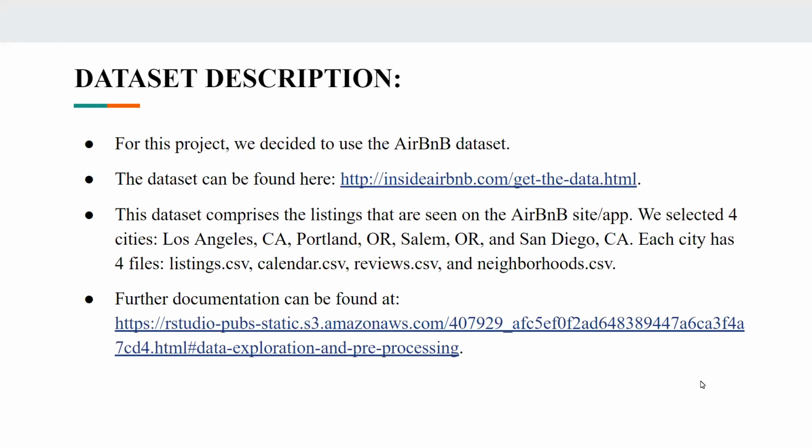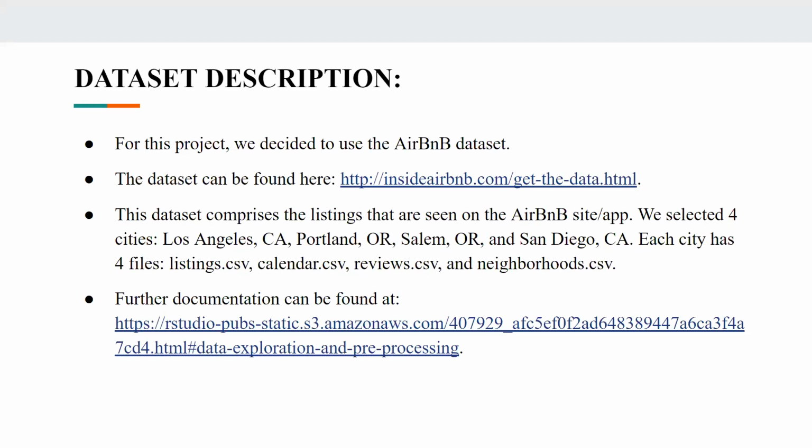So for this project, we decided to use the Airbnb dataset. The dataset can be found at the given website link. This dataset comprises the listings that are seen on the Airbnb site or the application. If you visit the website, you will see that there are many cities listed. However, as mentioned in the doc file, we are supposed to select 4 cities, which were Los Angeles, Portland, Salem, and San Diego.